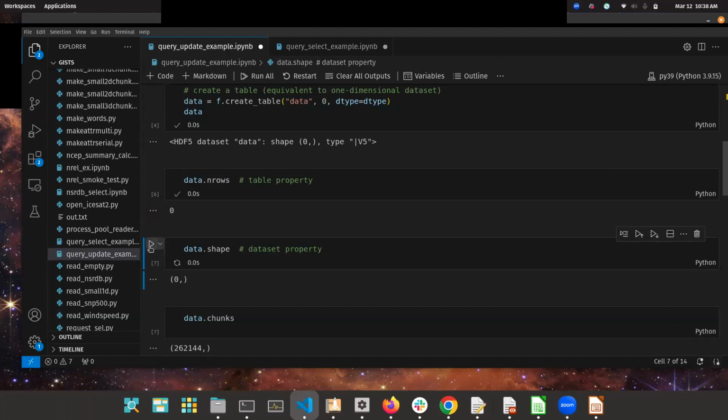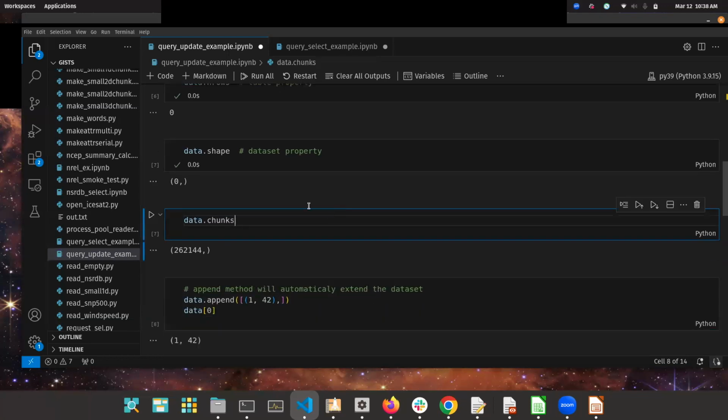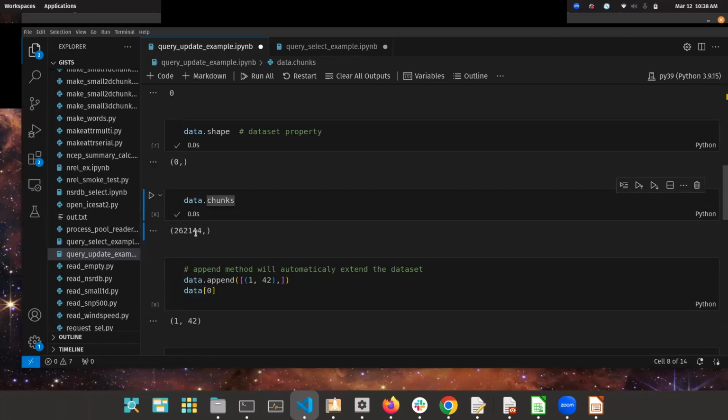And the shape. So nrows is an integer, so it's 0. Shape is a tuple. So data.shape is accessing the dataset property, whereas data.nrows is accessing the table property. So a table is still a dataset, so you have all the same dataset properties, and simply that the dataset shape is a tuple, but for a table, there will always be a tuple of one element, if that makes sense. Okay, and if we do dataset.chunks, we see that the chunks is